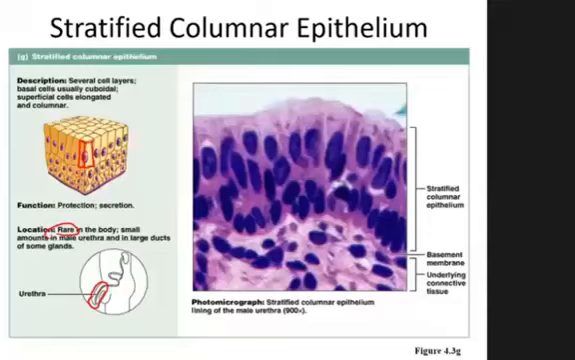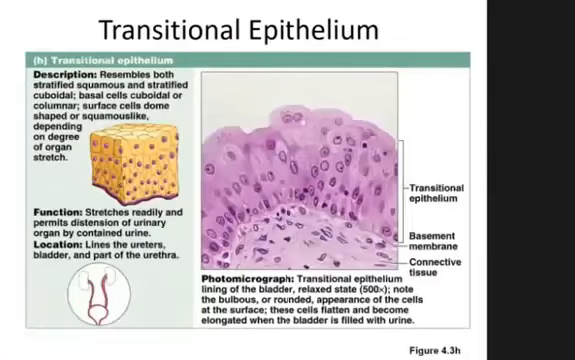So the cells on top are going to be dead. An example of stratified columnar is the male urethra. So the transitional epithelium, they're layered. But if you take a look at the cells, the cells on the bottom are smaller than the ones on top. Okay, they're rounder,